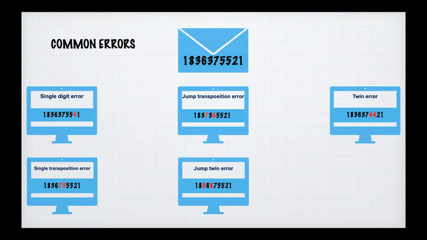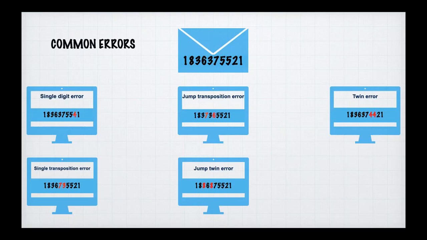We'll be using these terminologies again and again in the coming slides. So for us to remember, you can just jot this down somewhere. Single digit error, when we speak of it, means that only just one number is getting replaced. Single transposition, I generally remember it as transposition says there is some change in position. So 737 and 73 have swapped their positions. Jump transposition just says that it jumped one space and it's swapped.